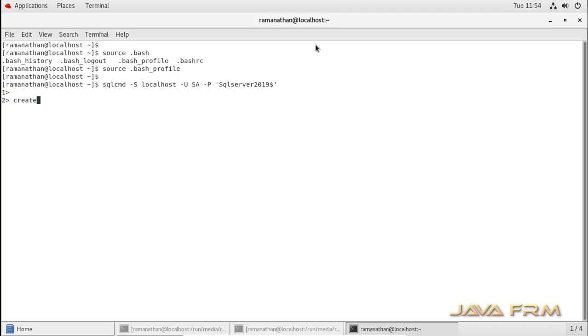Now I am going to create one database. I am giving the name as RedHatDB. After creating the database, I will create one table under the database. Next, I am going to insert a record and select that record from the table.